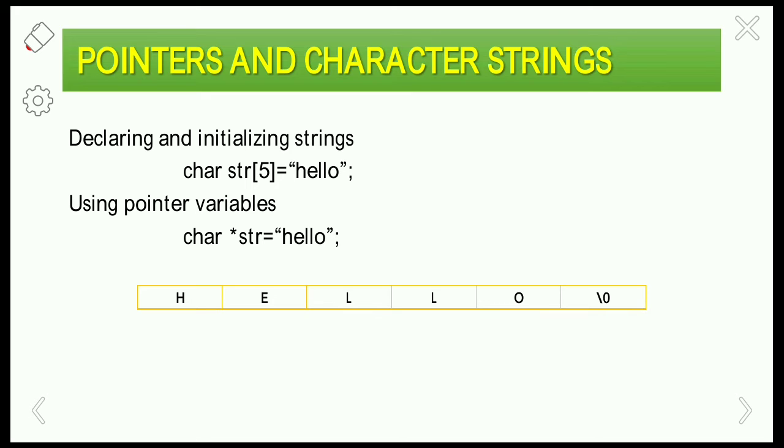Here I am taking the string hello in the format of an array. And remember one thing: with a string, the null character is automatically inserted at the end of the array. That's why the array size is the maximum size of the string plus 1, with one additional character for the null character. Here the pointer is of string type, and it is pointing to the array of characters hello.